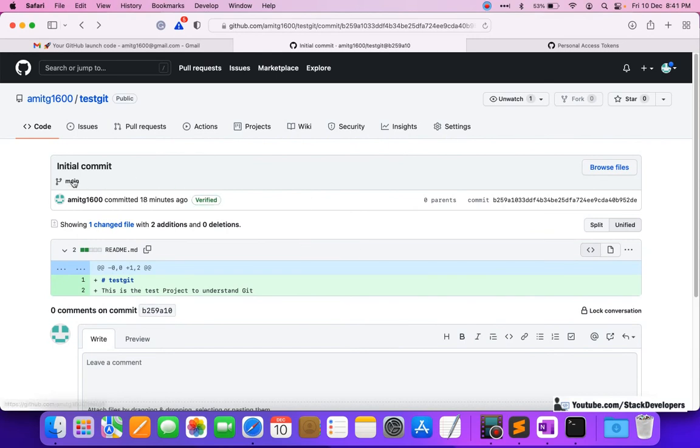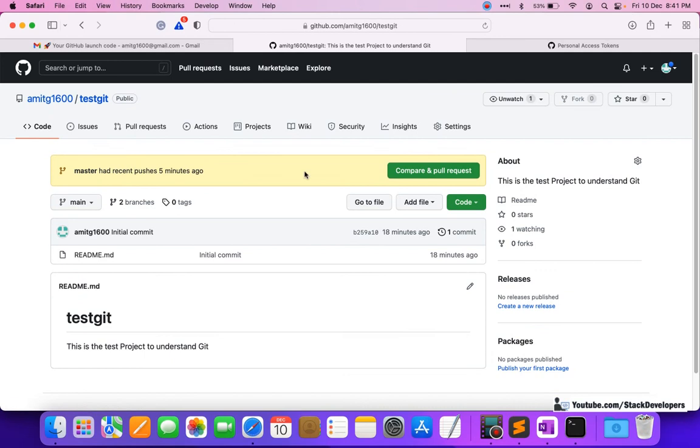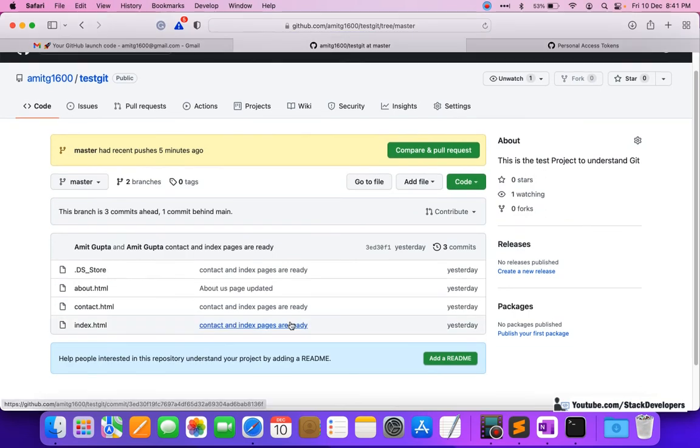Okay, we are going here, main, test git. Master head. Compare and pull request, this is master. See, these are our files that we have pushed here in our master branch.